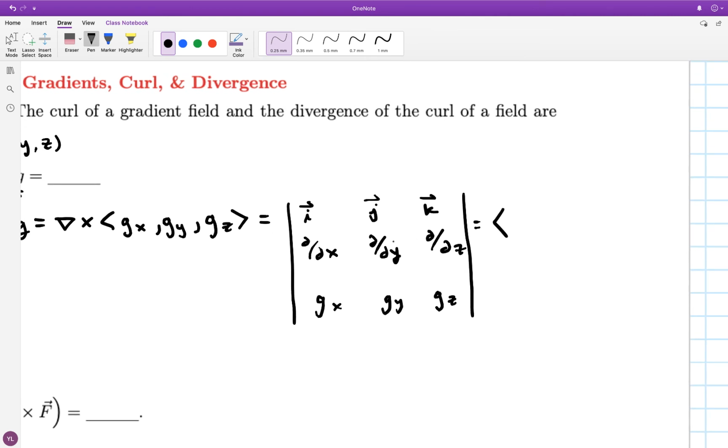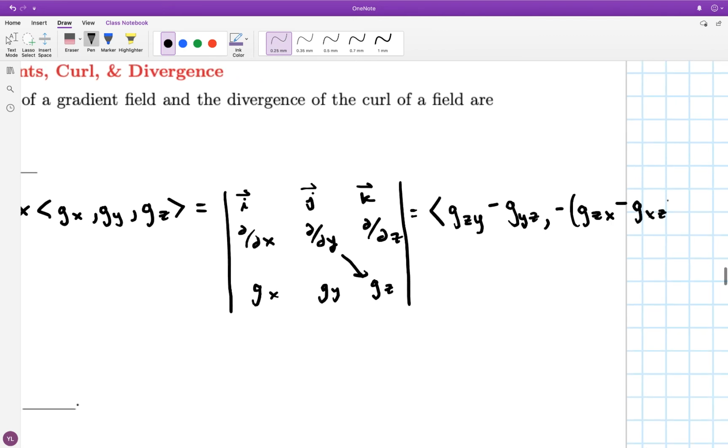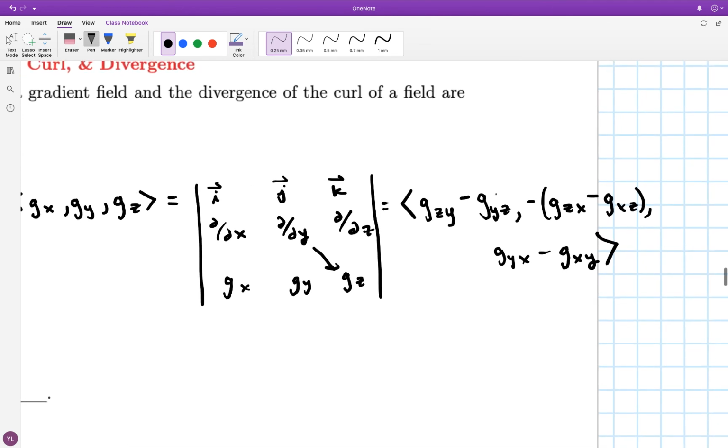I'm taking the partial derivative of g sub z with respect to y. That's how this combination is interpreted. So I could write that as g sub zy, right? Partial derivative of g sub z with respect to y. Okay, I'll continue. Okay, look at the result here. In each of the components of the curl computation, I've got mixed partial derivatives of g, so g sub zy